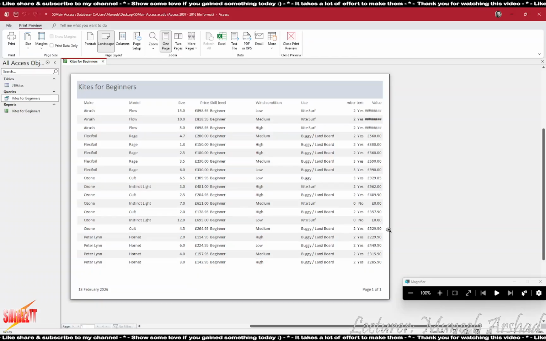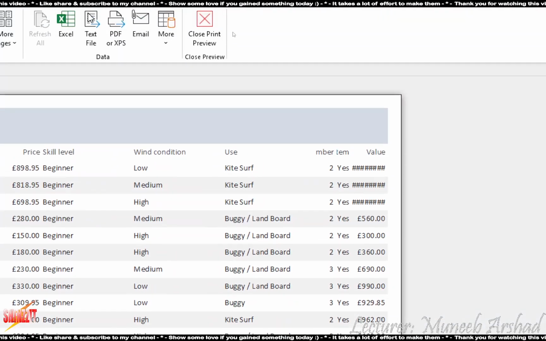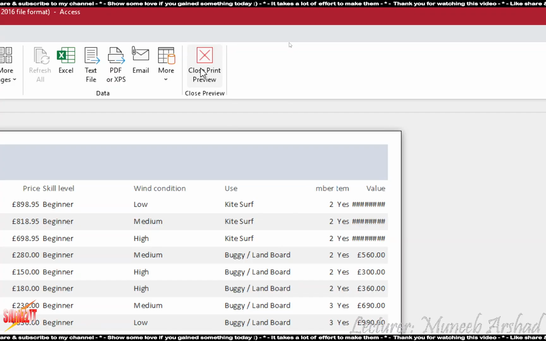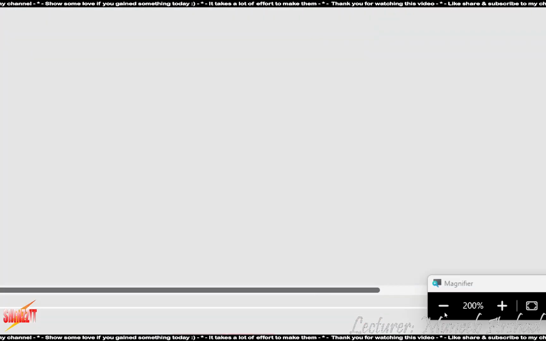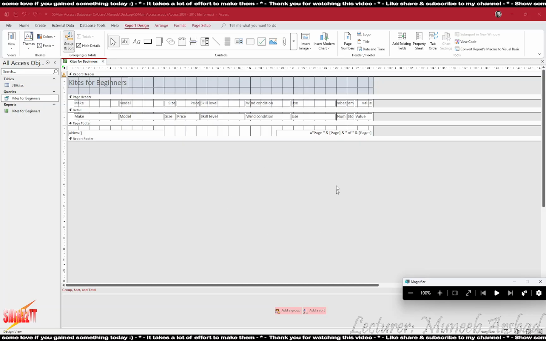बेटा जी, रिपोर्ट को जरा गौर से देख लो. This is actually the print preview. ठीक है, because when I clicked finish on my wizard, I selected the option to preview my report. In order to close the preview, you can just go on to the top. Over here, you get to see close print preview. Click on it. Now, this what you see in front of you is the design view of your report.